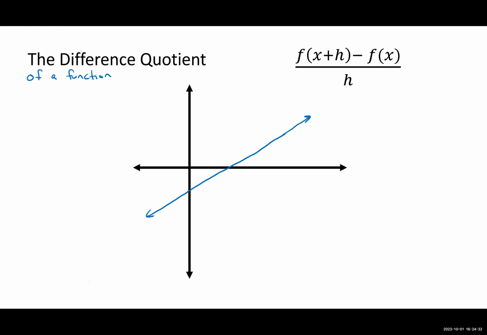If we wanted to calculate the slope of this line, we would take any 2 points. It doesn't matter where they are. Any 2 points. We call those 2 points point number 1 and point number 2. I can't call them both x, y, because they're going to be different x values and different y values. So we'll call this x1 and x2, and we'll call this y1 and y2. This is just saying first x value, first y value, second x value, second y value. And the slope